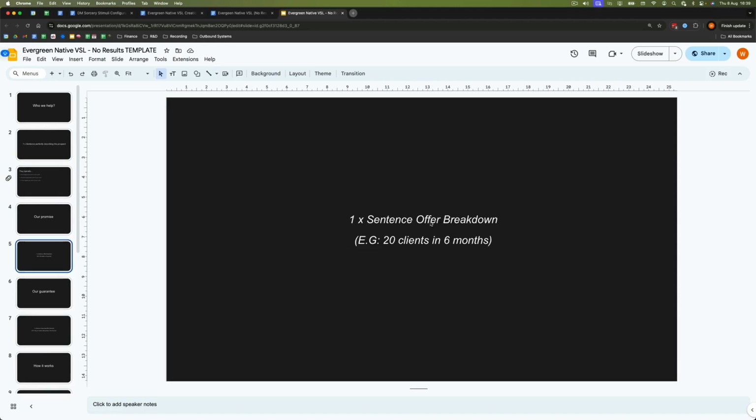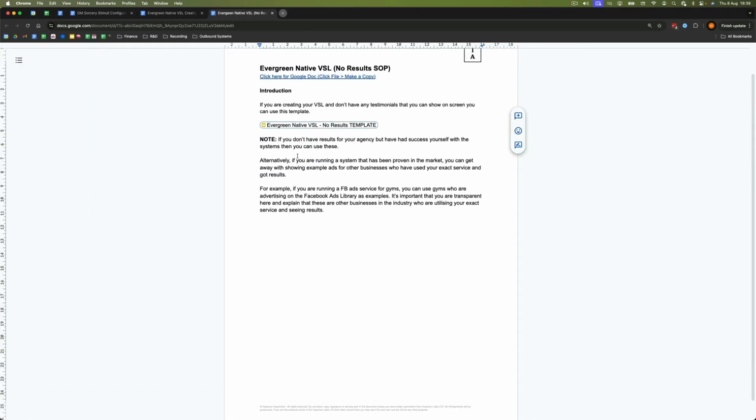Just go ahead and fill this out. Every single one of these sections which has a bit of information, fill it out with the offer that's relevant to your business. Okay, quick note here. This is going to be quite exciting for people who don't have testimonials. If you don't have results for your agency, but you have had success with the systems, then you can use these. Now, what I mean by this is if you're running a system that has been proven in the market,